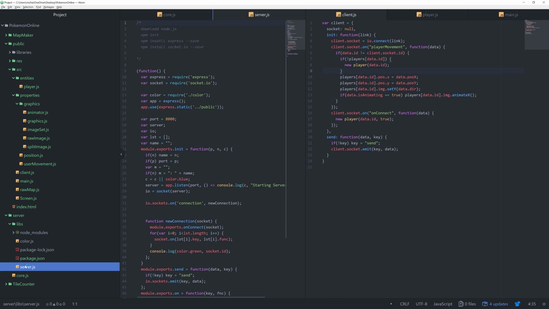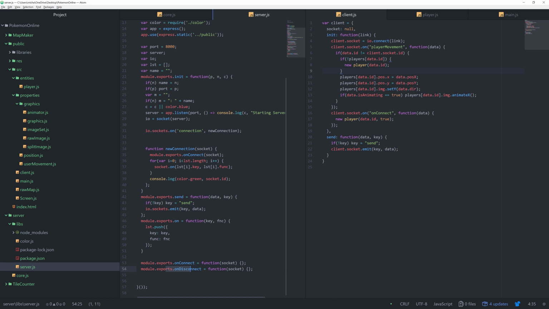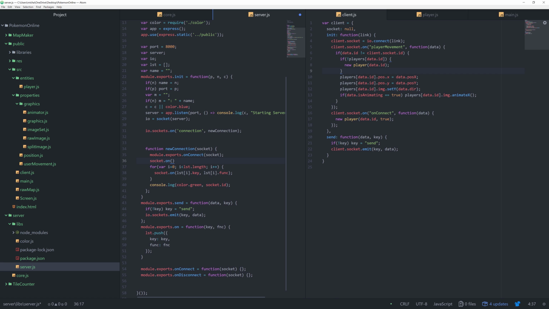Okay, let's open up library server. Here we made this on disconnect. So I believe, actually I'm going to have to check something. One sec. Okay, sorry about that. I just needed to check where this on disconnect goes. There's a socket dot on. If you write disconnect, and the function we want to run is this function. So I copy, paste that,